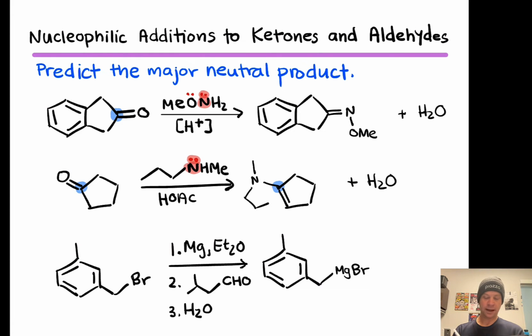Now, the Grignard reagent is nucleophilic at this carbon linked to the metal. And we can see in the second step here, we're adding an aldehyde with an electrophilic carbonyl carbon. CHO indicates a C=O double bond with an H linked to the carbon. So next, we're going to add the Grignard reagent to the aldehyde in an irreversible nucleophilic addition. So what I'm going to do is draw out the aldehyde a little more explicitly and indicate here, there's the isopropyl group,